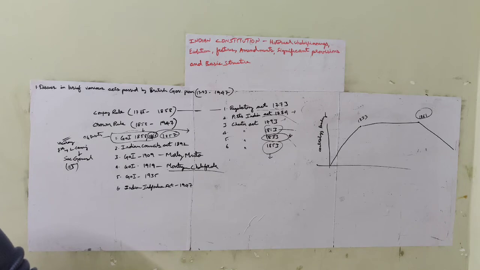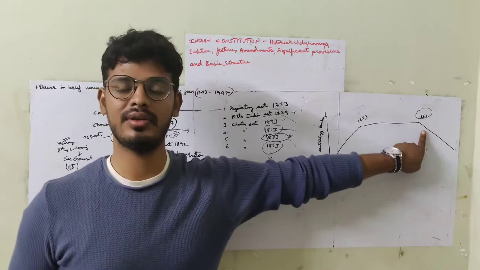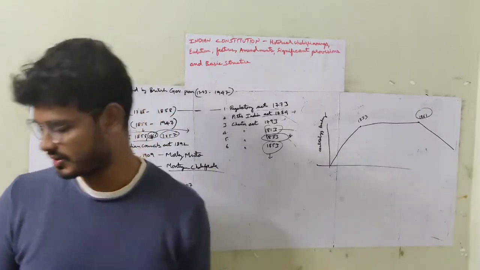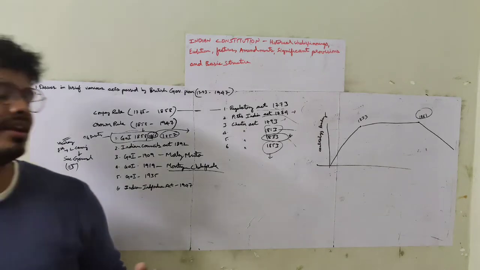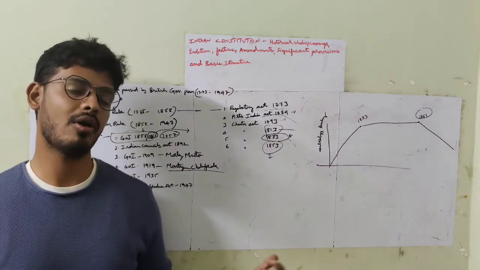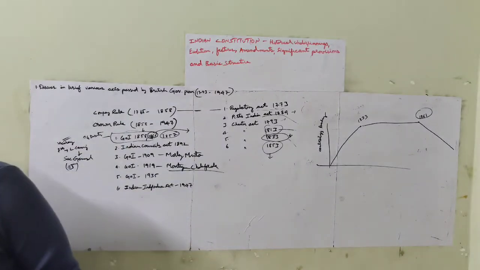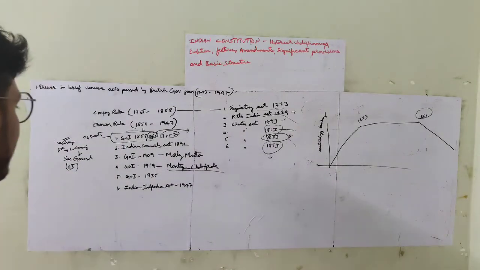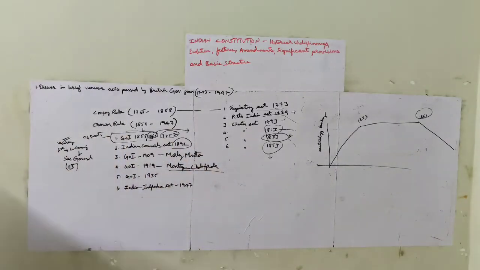So the portfolio system, I have told you now, is decentralization. From here, the portfolio system, portfolio in the sense of division of powers. So it felt the need of the Indians to associate with the lawmaking process. So from there, the decentralization got started. Now the Indian Councils Act of 1892 is not that important, but the main point about this is, for the first time,